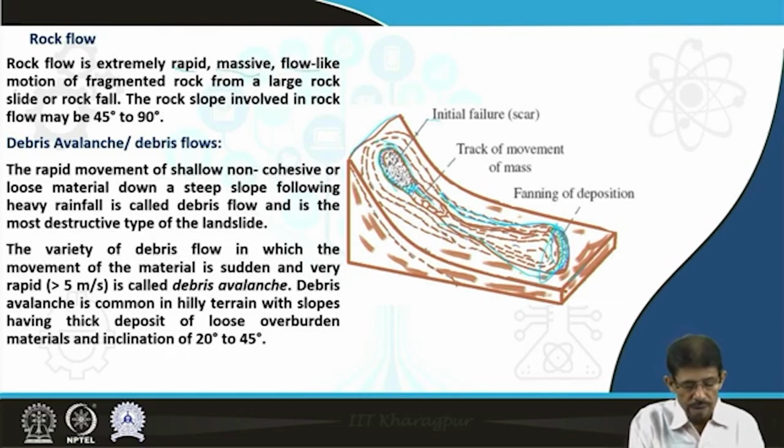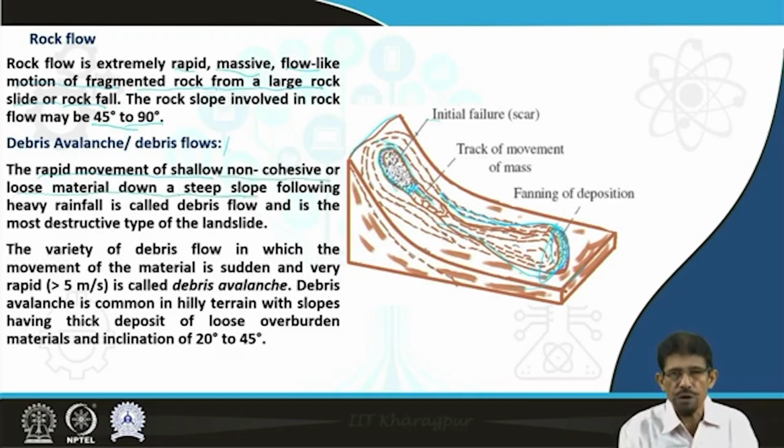Massive flow-like motion of the fragmented rock or debris or swell from large rock slides or rock fall occurs as a secondary effect. The rock slopes involved in rock flows may vary from 45 to 90 degrees. Debris avalanches are debris flow if the material consists of coarse materials, coarse soil, which is recognized as debris. The rapid movement of shallow non-cohesive or loose material down a steep slope is recognized as